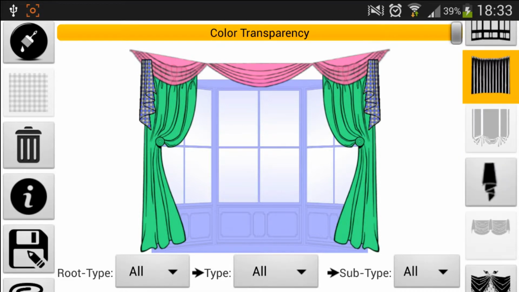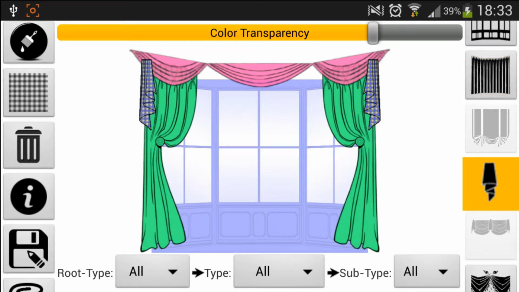Let's do the same to the tails. We select tails, and let's just hold on the left side on the pattern icon, and it disappears. So as you can see, the icons can be semi-visible.